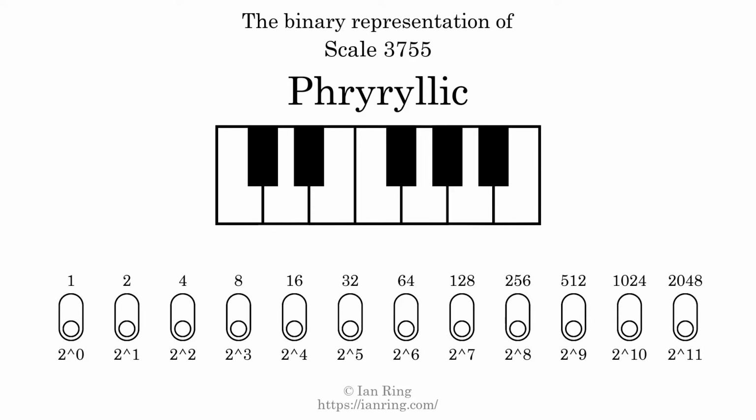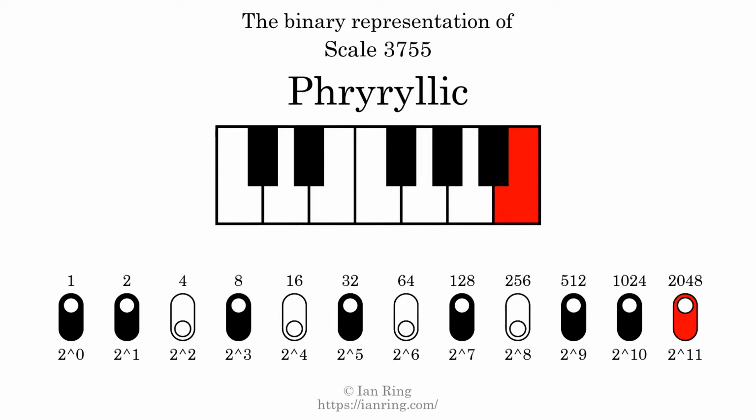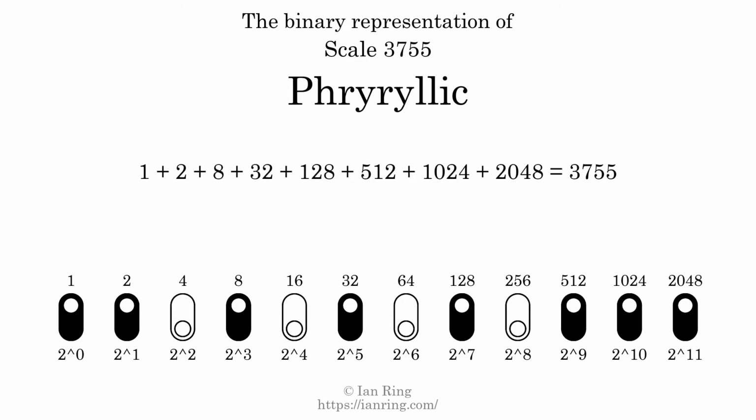The binary representation of this scale is determined by mapping tones of the scale to binary digits. Each binary digit represents a power of 2. To get the scale number, we add the powers of 2 together. The powers of 2 that are present in the scale, all added together, equals 3755. That is why the scale number, in decimal, is